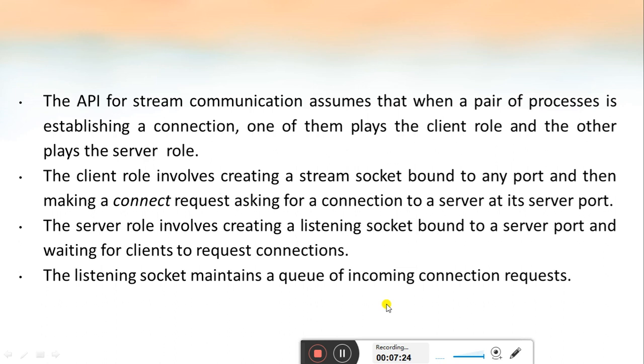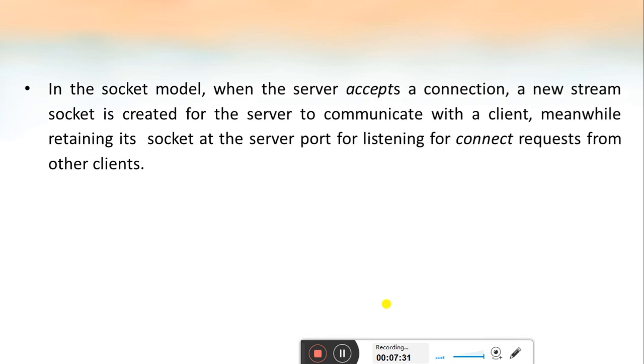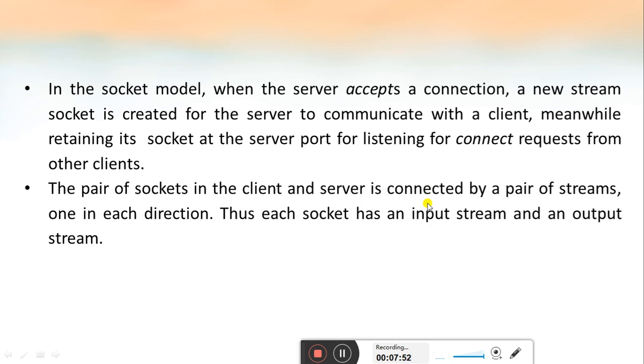The server also maintains a listening socket of incoming connection requests. Now, whenever a request has arrived at the server and the server accepts a connection, the server will create a new stream socket for communicating with the client. But at that time also, the listening socket will be listening for connect requests from other clients, so that